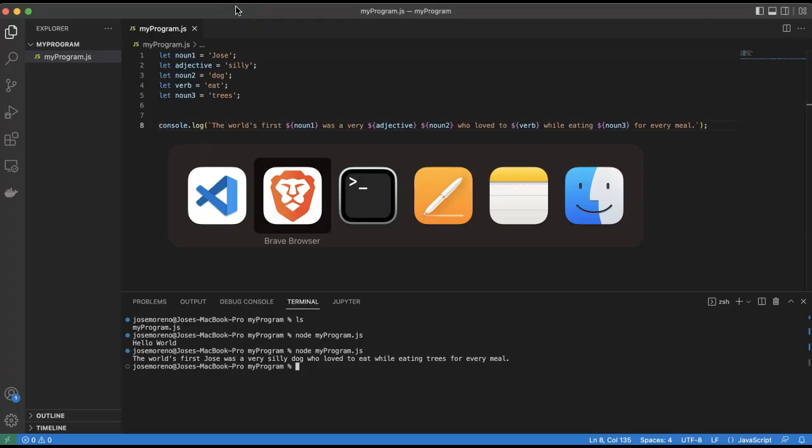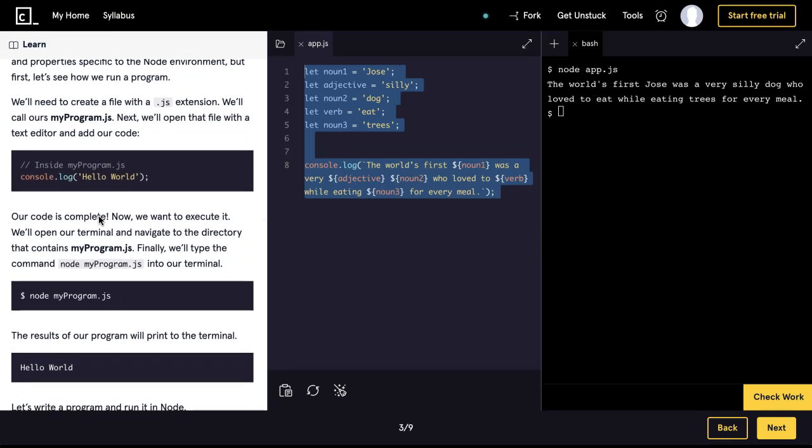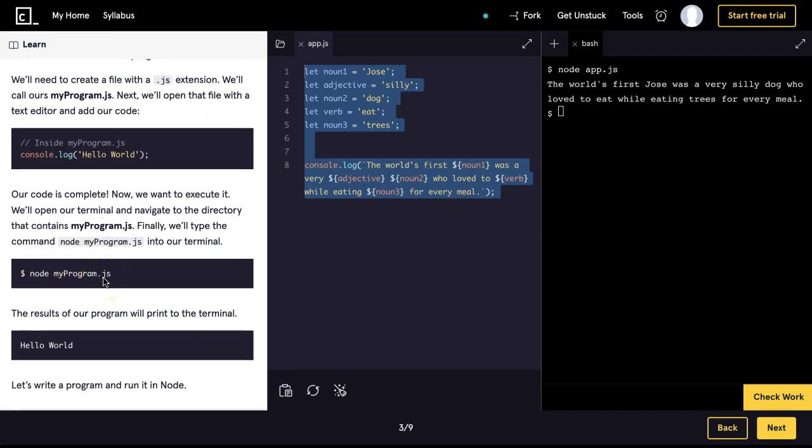So then we could go back, and that's actually all of the lesson. The important thing that we're learning here is how we could run a Node program. Once you've created a folder that's going to have your Node program, you add your .js file, because a Node program is a .js file, and within that .js file you have your Node code. And once you have that Node code, you could go to your terminal, and as long as you're in that folder or directory that has that file, you could use the node command and then the name of the file you want to execute, and it should execute your Node code if you are calling the correct file and it exists and it is a